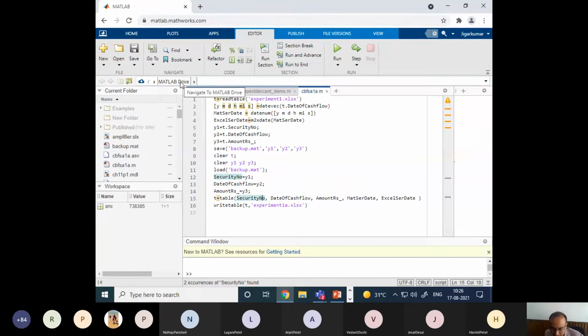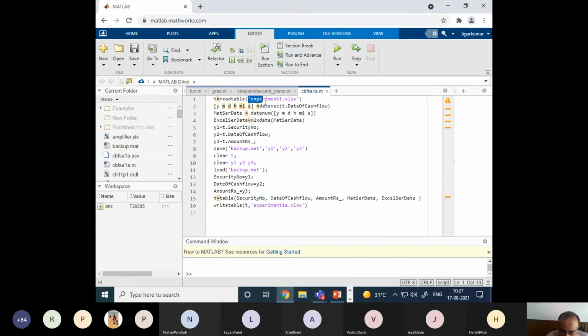All right. So when you use MATLAB Online, place your Excel file into MATLAB Drive. You have access to some small storage space in MATLAB Drive, so place your Excel file there. Or if you are working on your local computer with MATLAB installed, then place it in the working directory where you are storing your .m file. I hope that particular thing is clear.